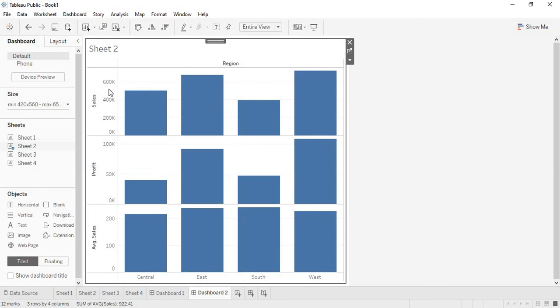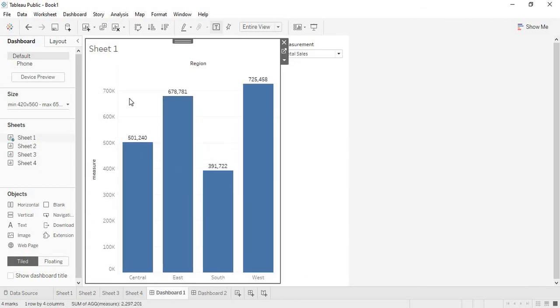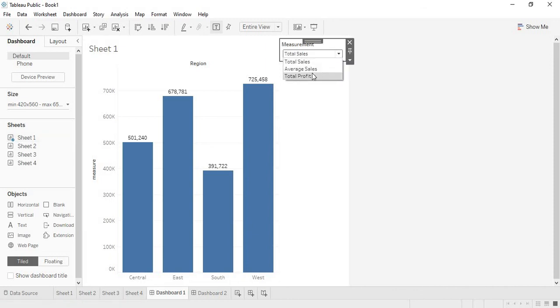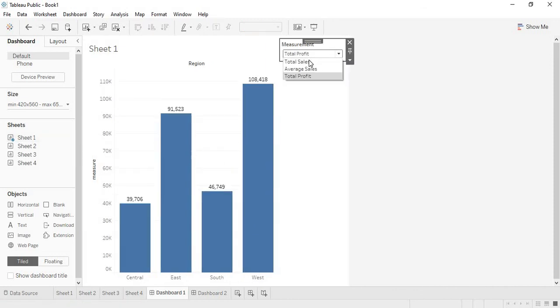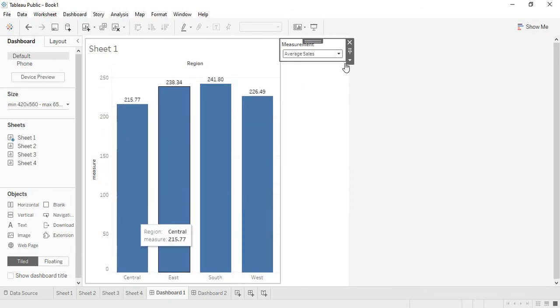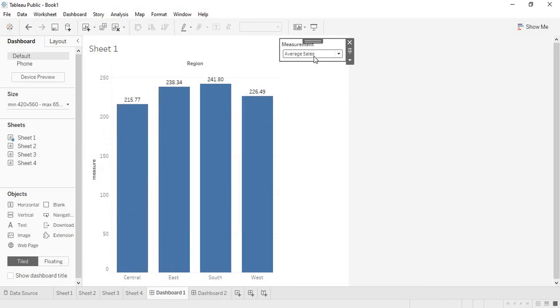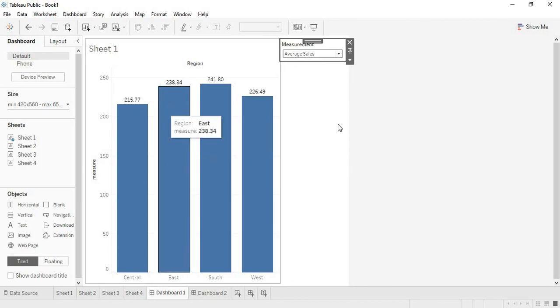In this the graph will have very confusing values. It will not be in the proper order. In the first dashboard it will have a single graph, and what they want to see we can select here, and the graph will change based on the measurement we are selecting in the parameter. Yeah, and thanks to all.